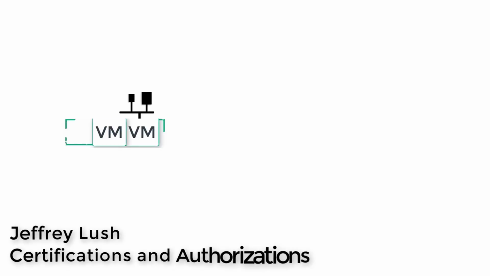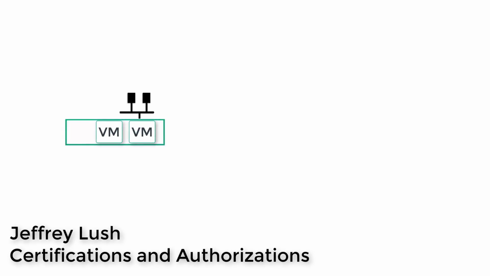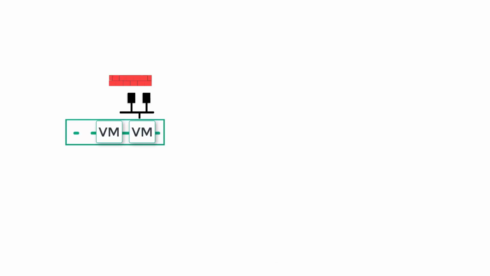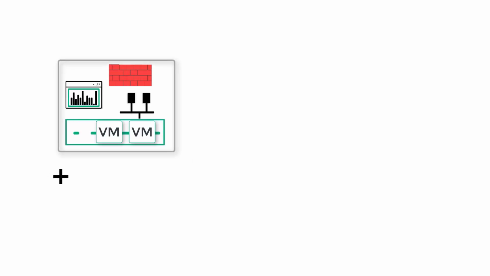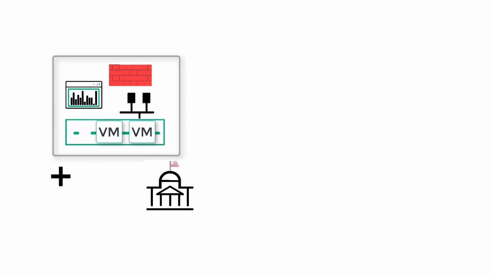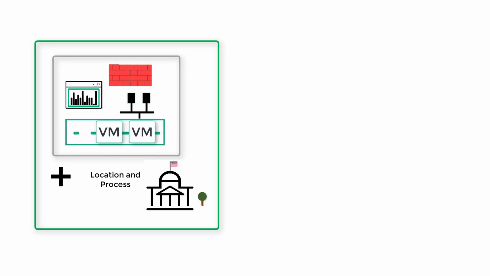So let's talk a little bit about authorization and certification. And we're going to have to build out an architecture. So we see that happening now: server, storage, network, firewall, software, plus, so those are main components, plus location and process. All of that combined, so hardware, software, process, and location, all four of those variables combined create with their